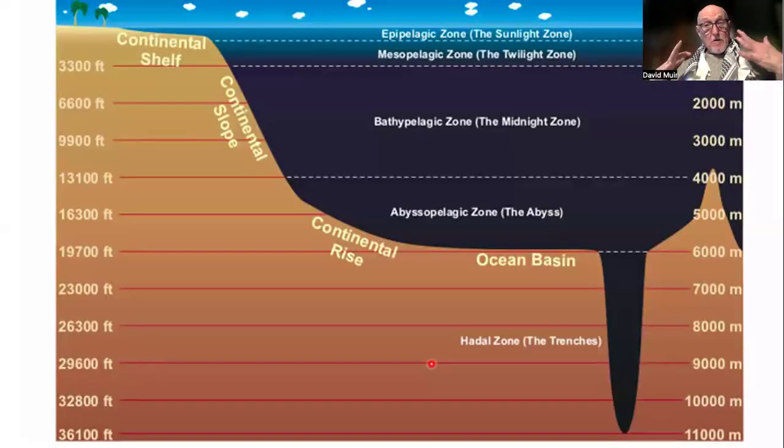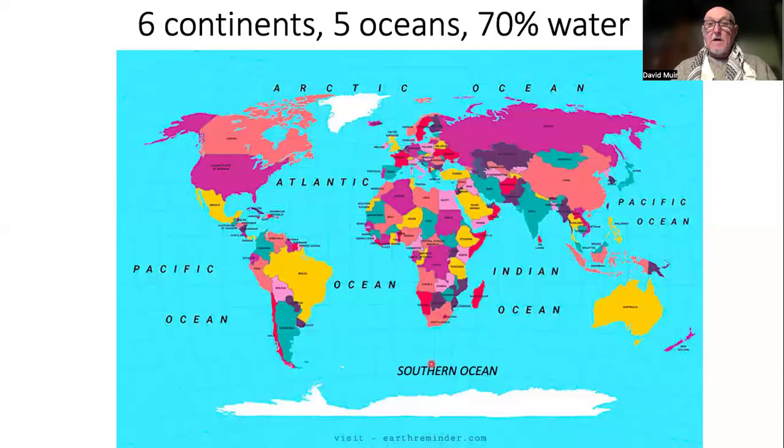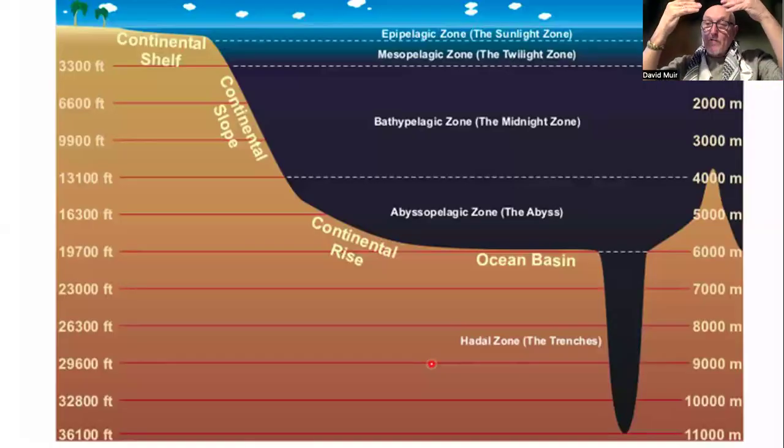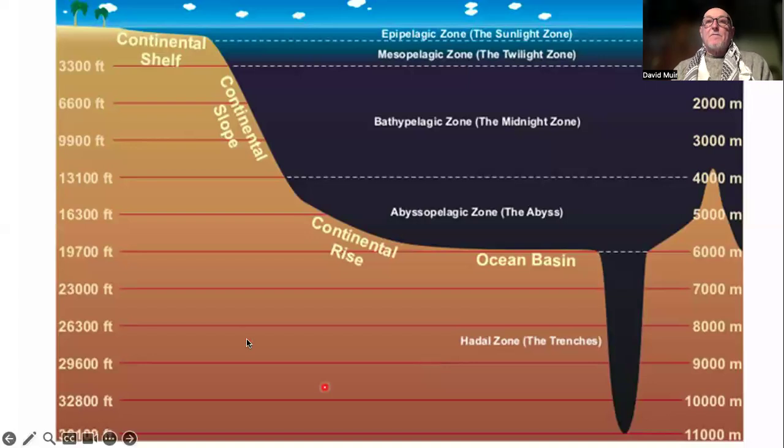So the oceans have distinct structure, not only over their distribution around the planet, but also when we look vertically through the oceans, we see that there are distinct areas. I don't need you to know all of the areas. If you're interested, certainly you can read up more about it. But what we are particularly interested in are these relatively surface areas here, which are called the epipelagic, which is